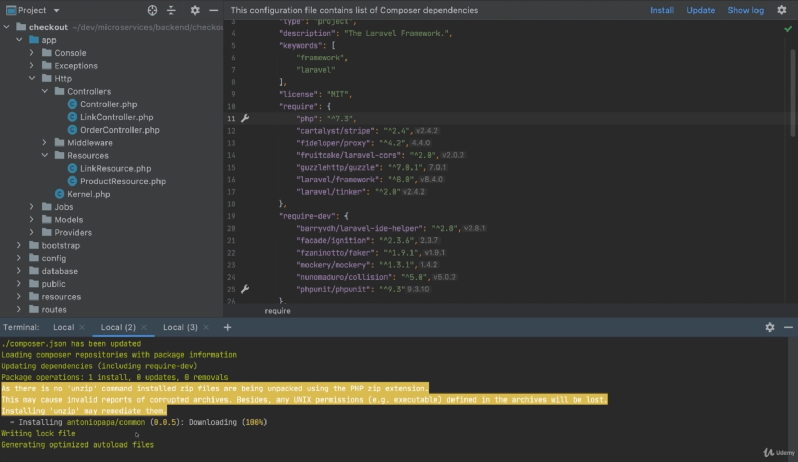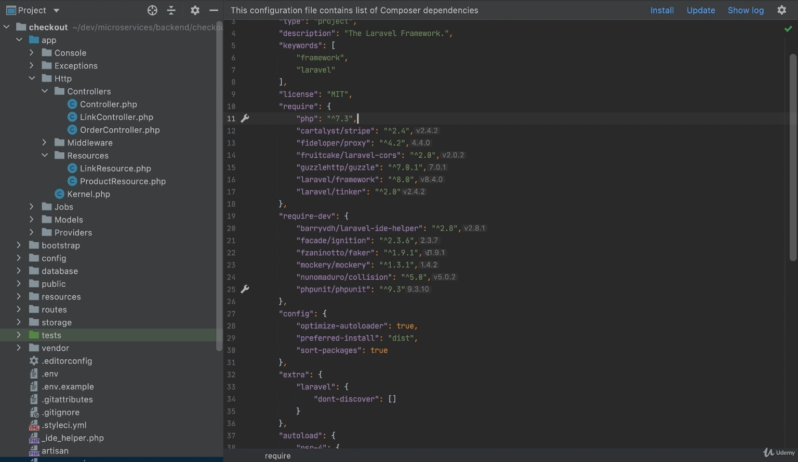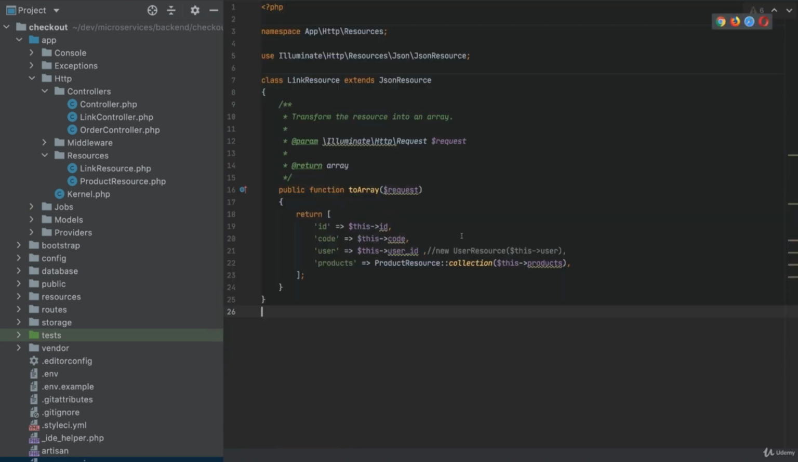So we can see that the package is installed. Now let's go to our link resource, and we want to get the user here. So to get the user, we will replace this with